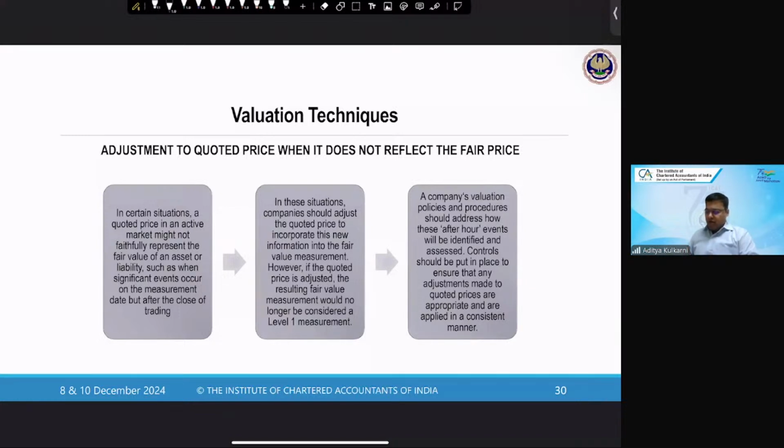Now, adjustment to a quoted price when it does not reflect the fair price. Sometimes what could happen is on 31st March, I'm having shares. My shares are listed on the stock exchange. Now, on 31st March, the markets typically close at what time? The markets close at 3:30 p.m. So at 3:30 p.m., I will have the last quoted price of my equity share. Now, between 3:30 p.m. and 12 midnight,